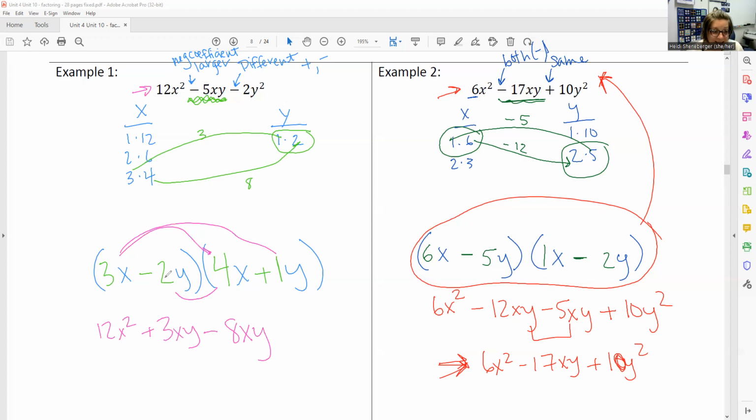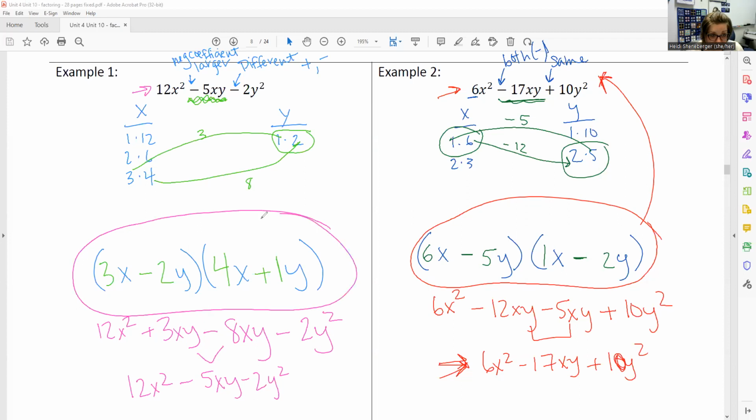Oh, this is looking good. Oh my gosh, I'm so excited. Okay, and then we're going to do our lasts. Negative 2y times 1y is going to be negative 2y squared. I'm going to combine these two little dudes, which are negative 5xy. I'm going to bring that term down, and then positive 12x squared minus 5xy minus 2y squared, they match. And so that means that my binomial answer is right here, these guys.